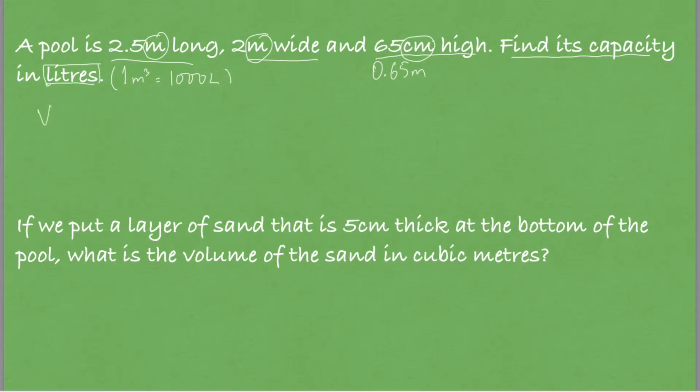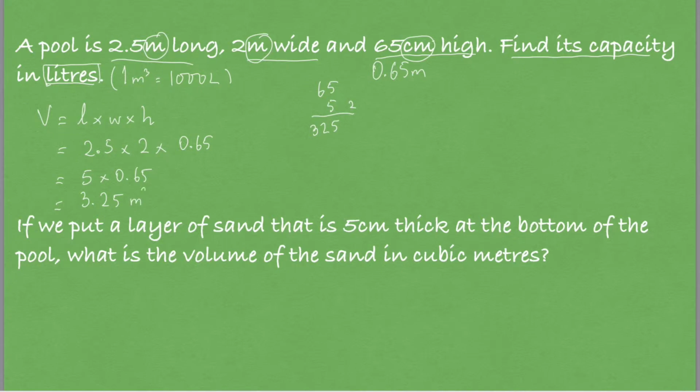And the volume formula, as you remember from the previous example, is length times width times height, and length is 2.5 times width is 2 times 0.65, and 2.5 times 2 is 5 times 0.65. We can multiply it here. 65 times 5, 25, we have 2, 32, and volume of the pool is